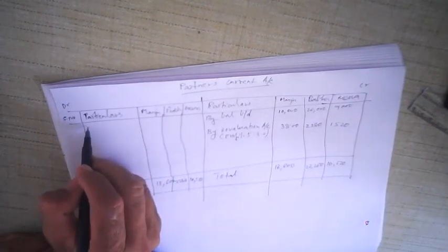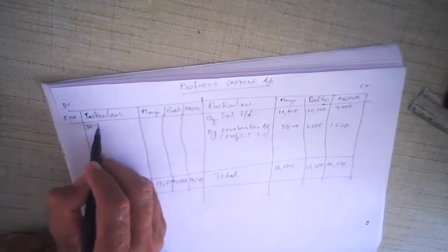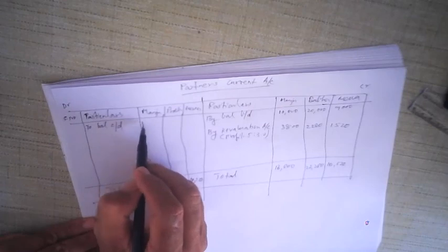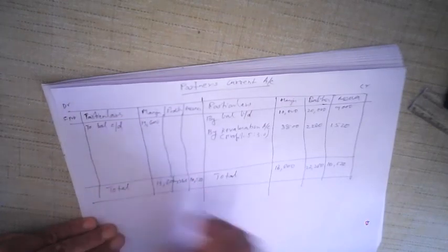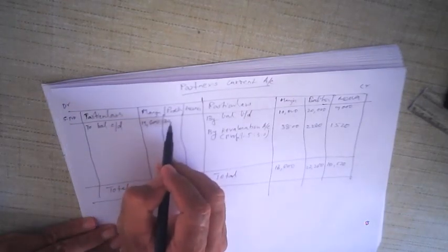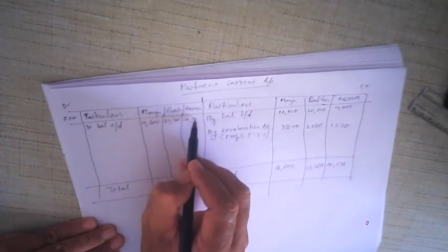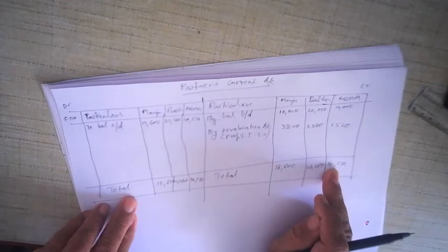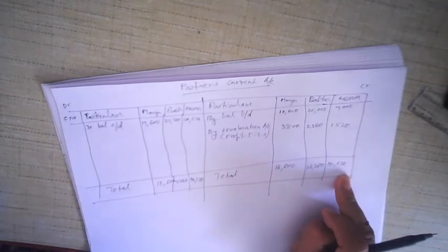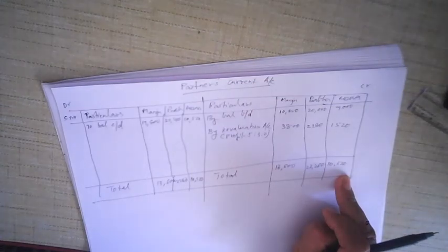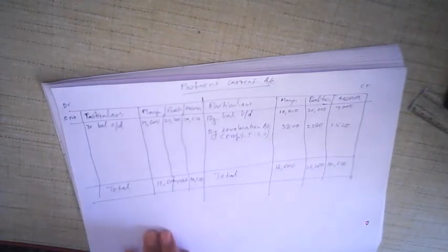And here we write balance carried down. The same amount, 13,800, 13,800, 22,280 and 10,520, 10,520, and then the balance carried down and we get the total. Alright, so we have prepared the partners' current accounts, the revaluation account, and made journal entries. Now let's find the balance sheet. This is the last part of it.